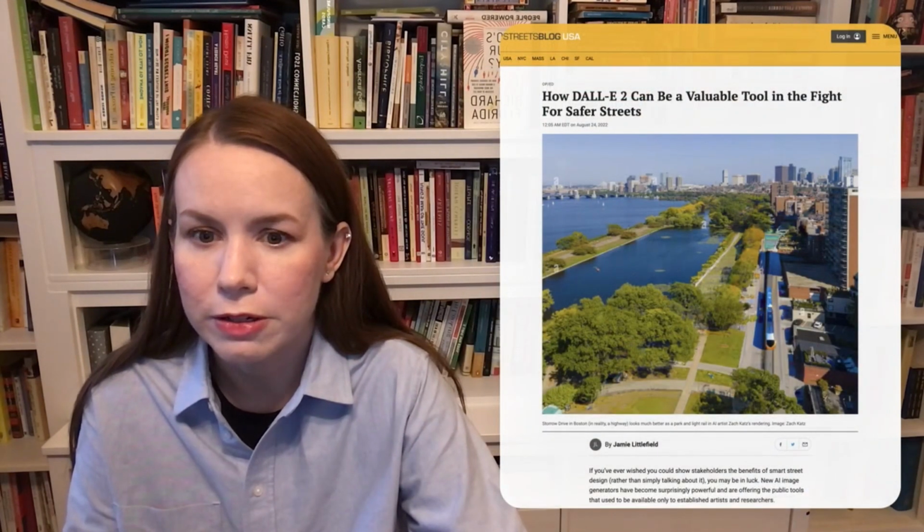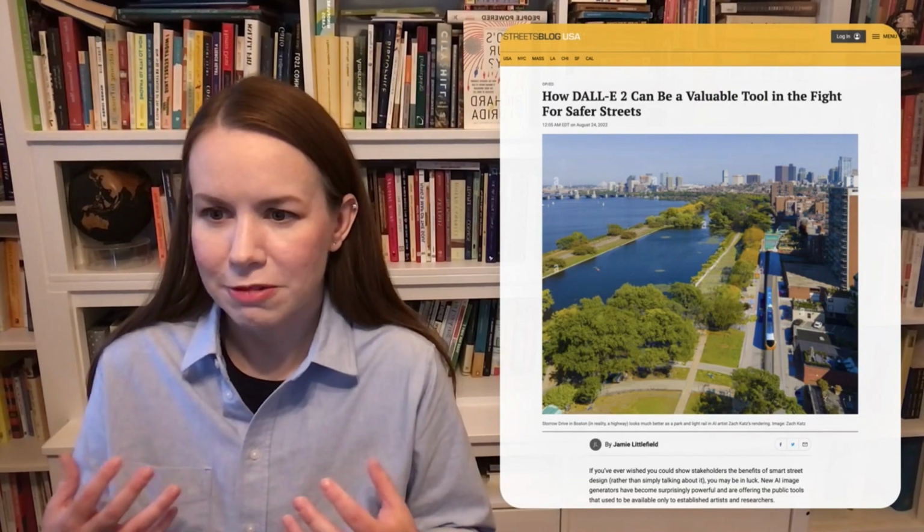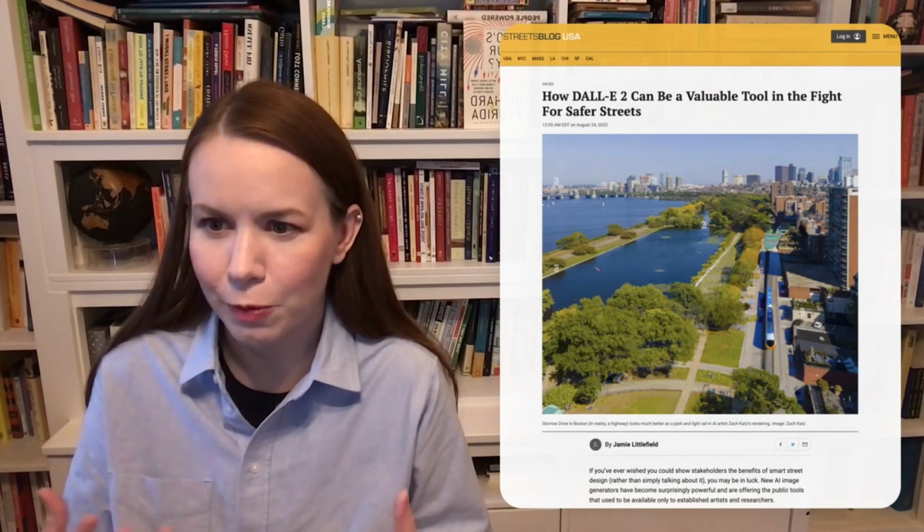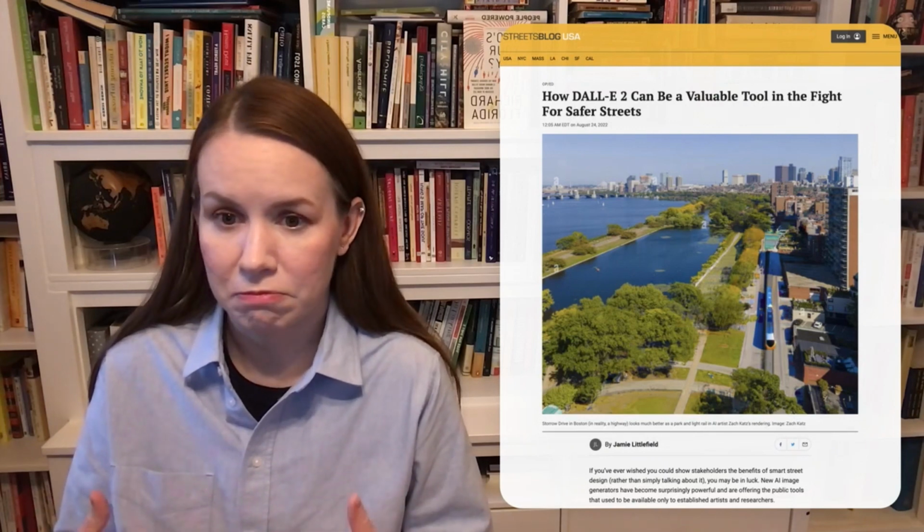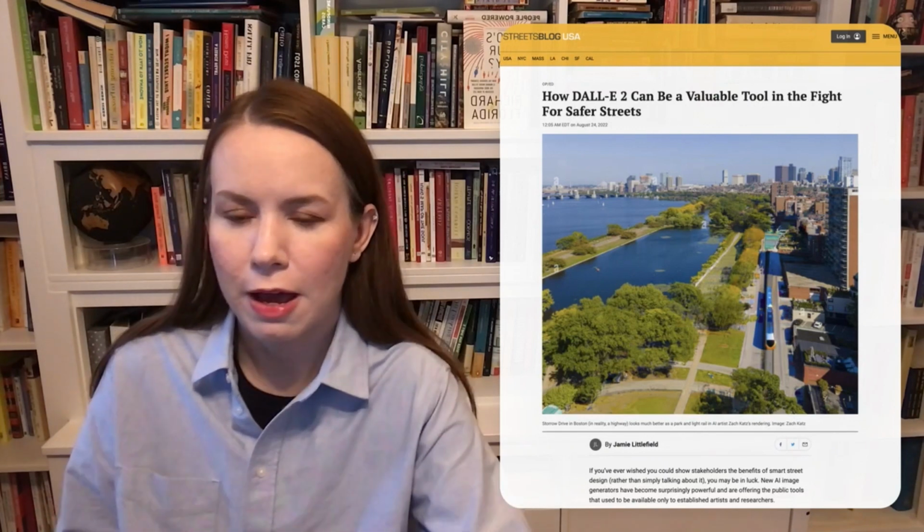And I'd like to invite you to take a look at it if you want to see some of the more pragmatic ways of using these tools for speculative design. And in the book, I'll show you step by step how you can take a photo in your city, and then how you can edit it using these AI image generators. And then I give you a bunch of words that you could use for prompts. So I'm providing that for you, and please take a look, like, and share with your students.